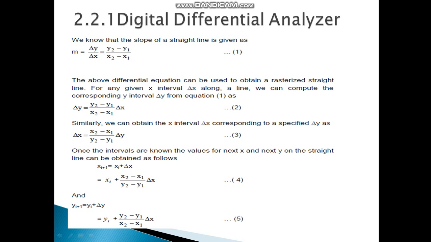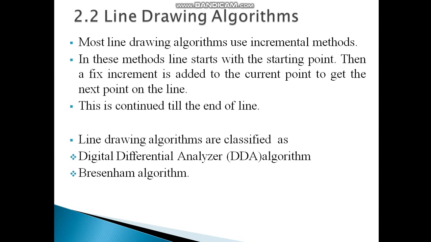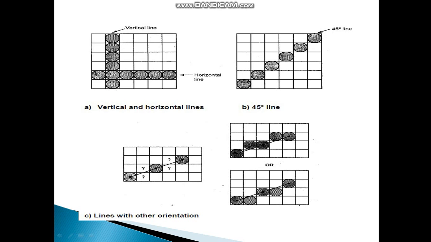So if you want to draw the line onto the graph, this one is the starting point and this one is the ending point. To reach the ending point, we have to find out the incremental floating point. Means to reach this end point, we have to find out this incremental floating point. So with the help of floating point, that line segment can be drawn.